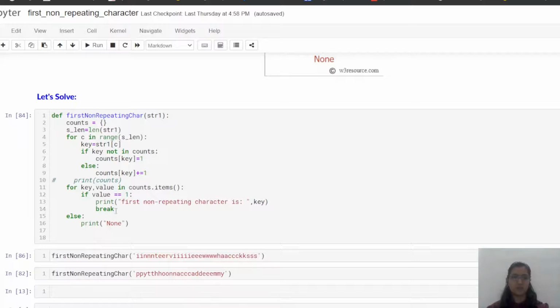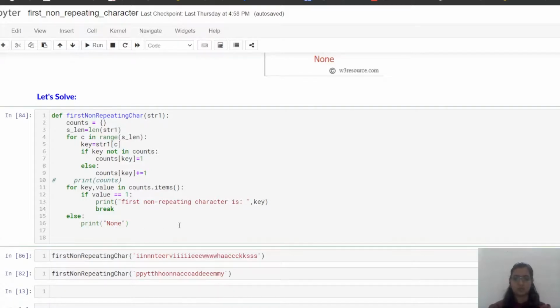That's why we are breaking after we get the first character. If I don't write the break, we will get all the non-repeating characters here. Else print none, means if there is not a single character that is not repeating, then we will print none.